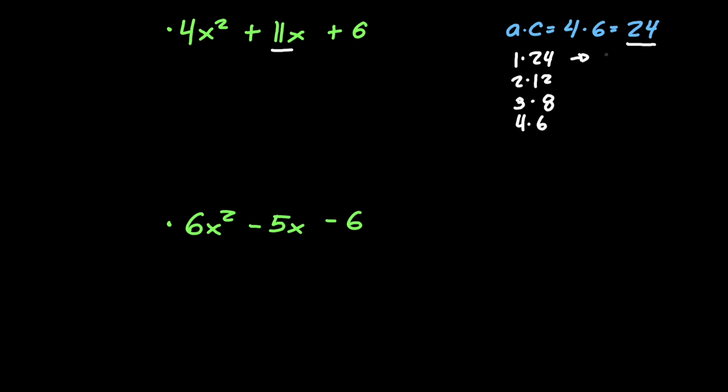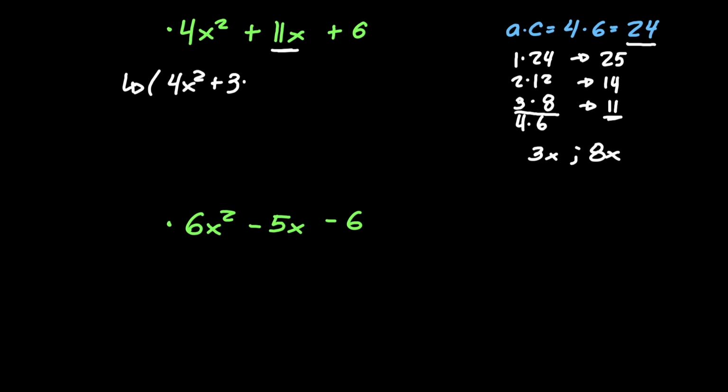1 plus 24 would be 25. 2 plus 12 would be 14. 3 plus 8 would be 11. So, 11 here matches here. So, our factors here would be 3 and 8, or 3x and 8x. So, now, the expression would be 4x squared plus 3x